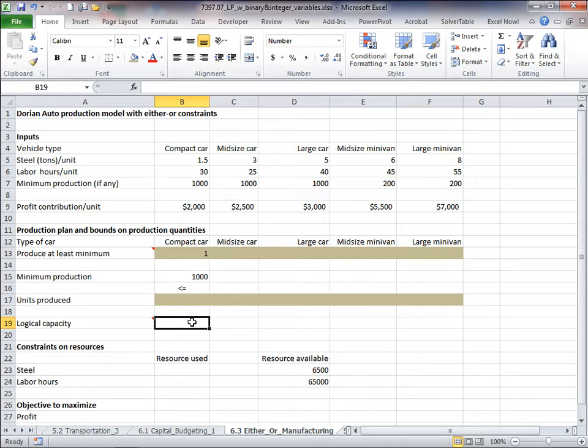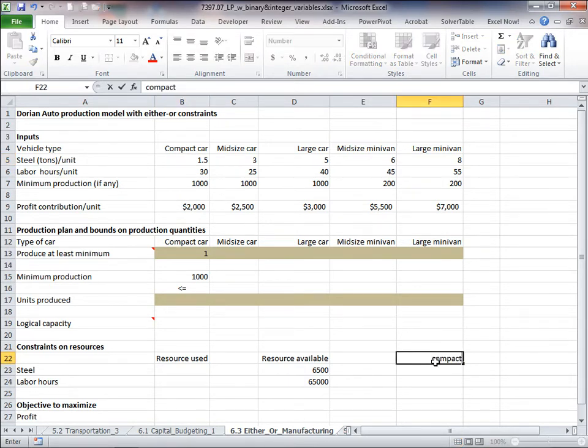And then an upper bound. How are we going to determine the upper bound? It's going to be a resource constraint, isn't it? So that is going to be, let's think this through. We've got steel and we've got labor hours. If we use all of the steel to produce this vehicle,